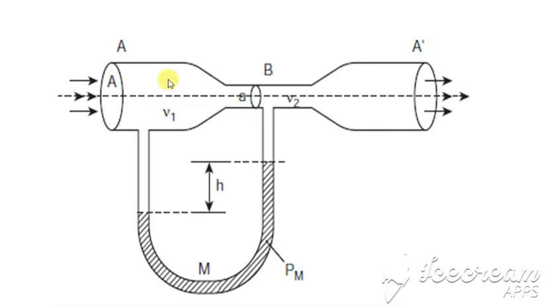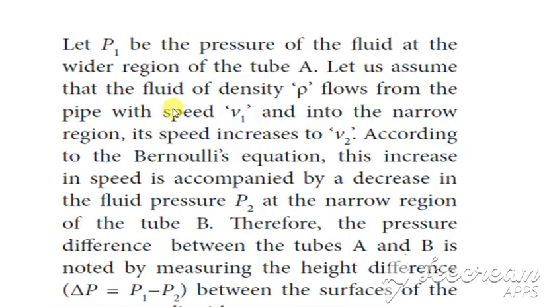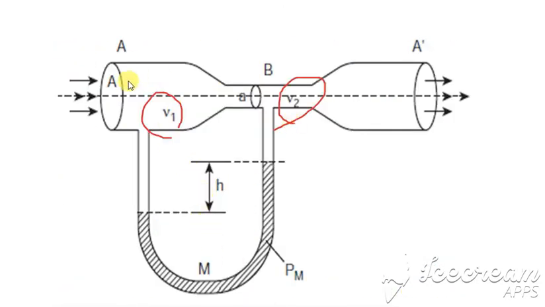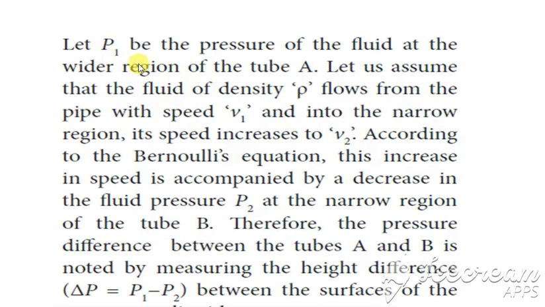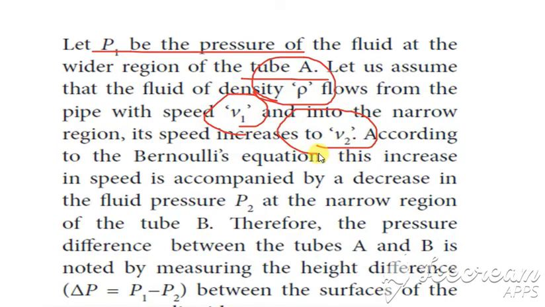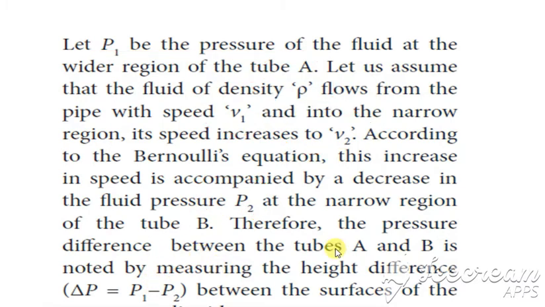And this is a tube. It has the velocities v1 and v2. It has the areas A, and this is a tube which has the density rho. Let P1 be the pressure at the point A, with density rho and velocities v1 and v2. Then P2 be the pressure, and we have the change in the pressure which is denoted by P1 minus P2.